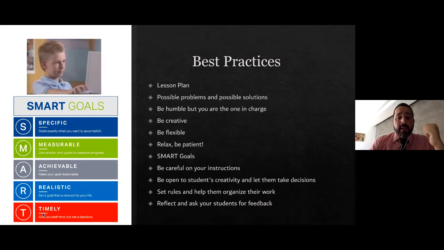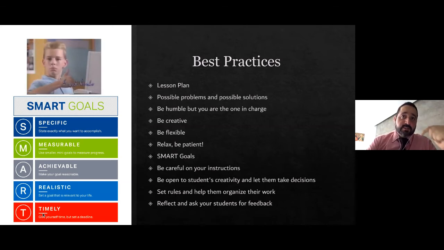Okay. The next one is be humble, but you are the one in charge. And this one applies not only to teachers, it applies to coordinators and principals. Okay, let's face it. When you're working with students, the majority of the time you have really smart kids, and they know many apps.